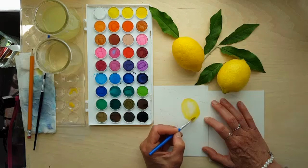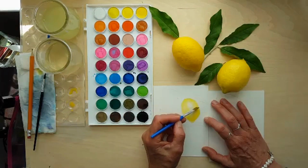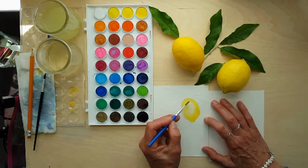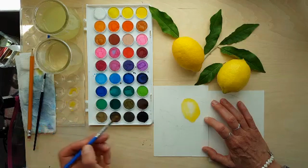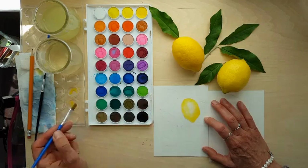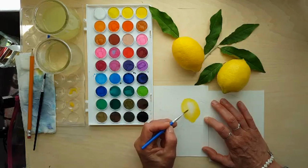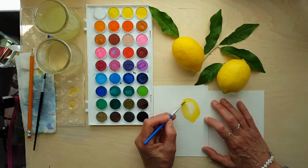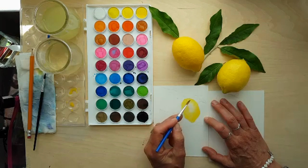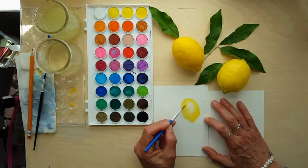I'm going to go in right around this area with it, right along that edge. Really lovely. Stipple it in. See all those little marks on the lemon? We can kind of recreate that by just dabbing our brush on it. Okay, and you can start to see that highlight shape, and you can start to see a little bit of